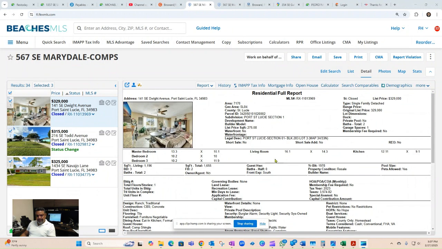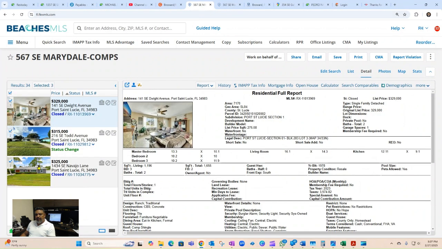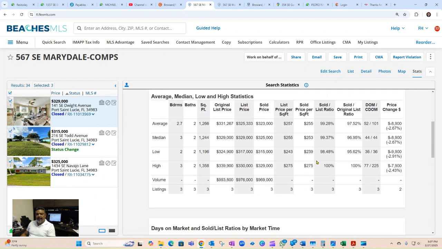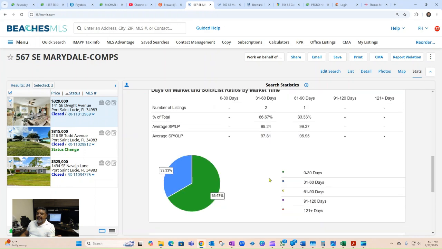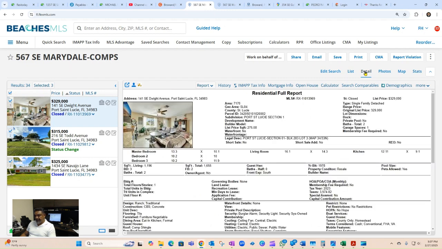I don't know if you remember, the previous video was about finding comparables for this particular property. We found the comparables and did the statistics to get roughly an idea of what the listing price and the sold price will be. That was just to find comparables. Now we're going to move to the next phase, which is converting these comparables into a